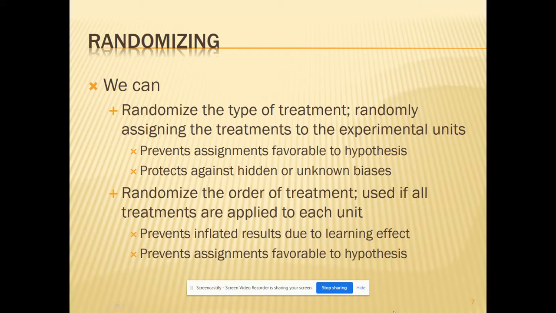The other thing we can do is randomize the order of treatment. For example, if I'm asking people to both drive so I can see what their baseline performance is and drive while texting, right? I can randomize the order in which I do that, have some participants drive just no texting first, and then have other participants drive with the texting first. That way I am not seeing an effect